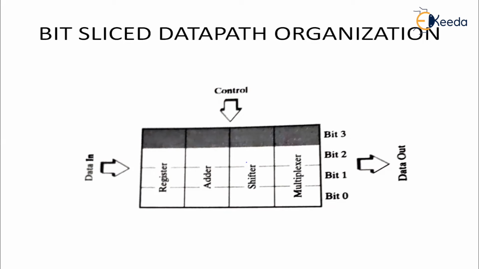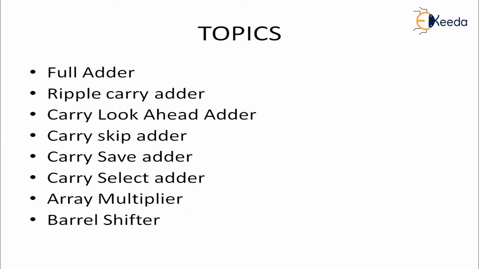So what is the benefit? I can just design a particular adder and that will be repeated 32 times if it is a 32-bit processor, or repeated 64 times if it is a 64-bit processor. So this is the bit slice data path organization that will be used inside your data path. And I said that the various modules that we are going to learn in the data path design are the various varieties of adders. Why? Because we are going to see which topology is good for speed, or which topology is good for power. All those things we will be learning by using the same adder circuitry.